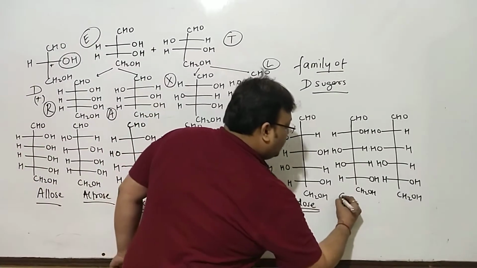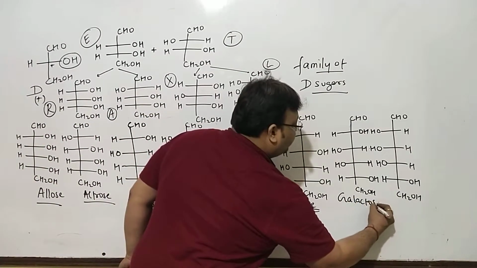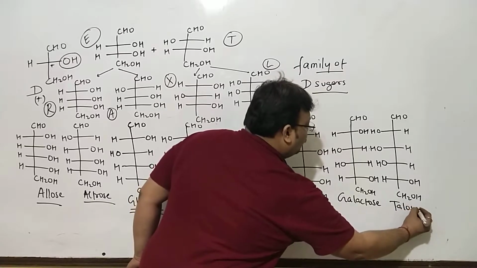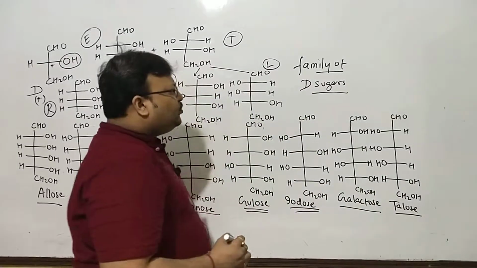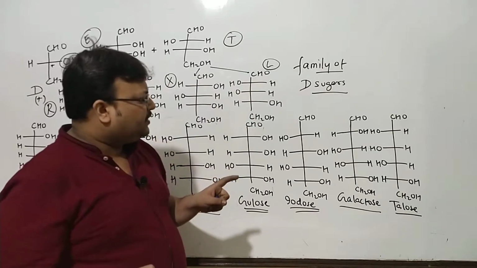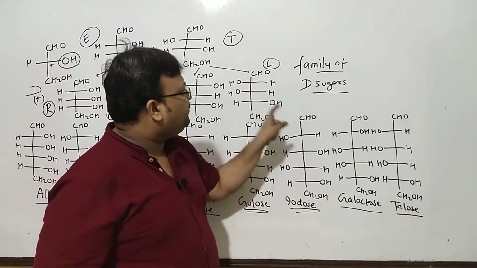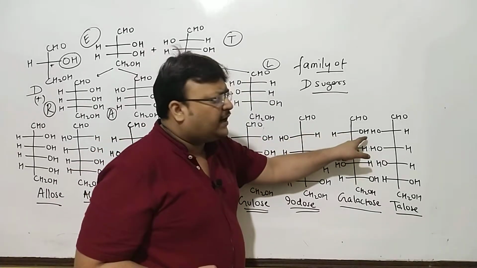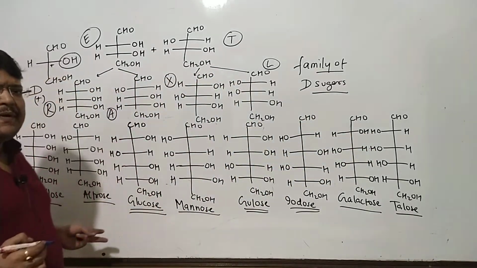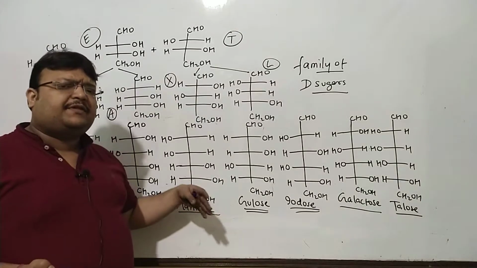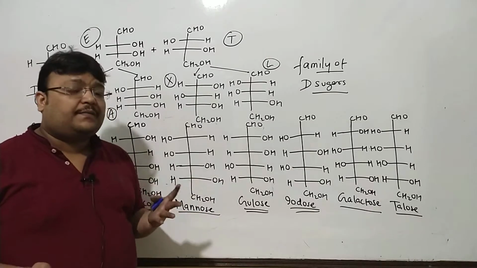And galactose and talose are the aldohexoses which come from lysose. Where yet again, these three configurations 1, 2, 3, 1, 2, 3 is retained. The new chiral carbon has OH to the right, then to the left. Maybe you will want to recall these 8 names for your peace of mind.